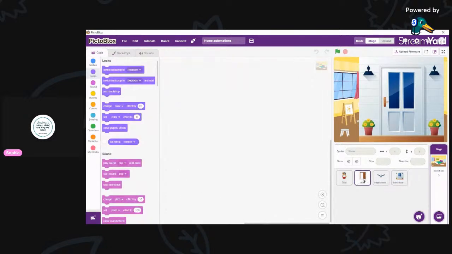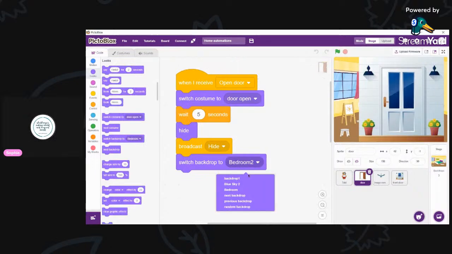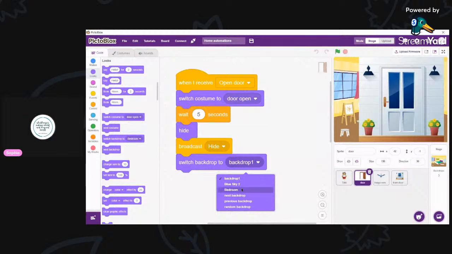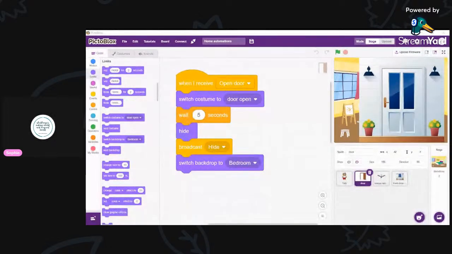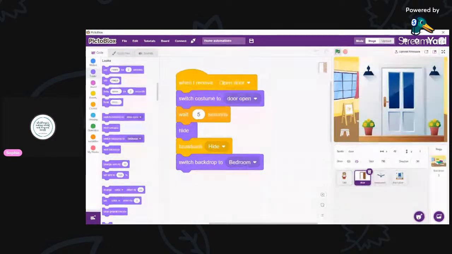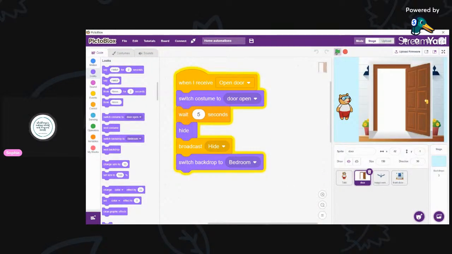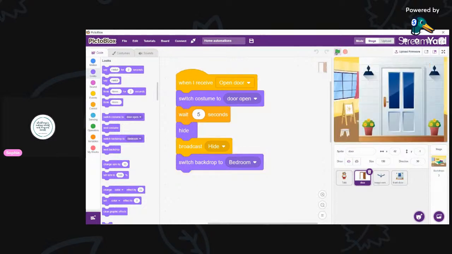Alright. Then I'm going to go into the door's code and switch background to bedroom. Wait a second, bedroom. Okay. Then let's see why it is saying house lock. Yeah, it will open after 5 seconds. It should hide and then display this. Okay, so now when